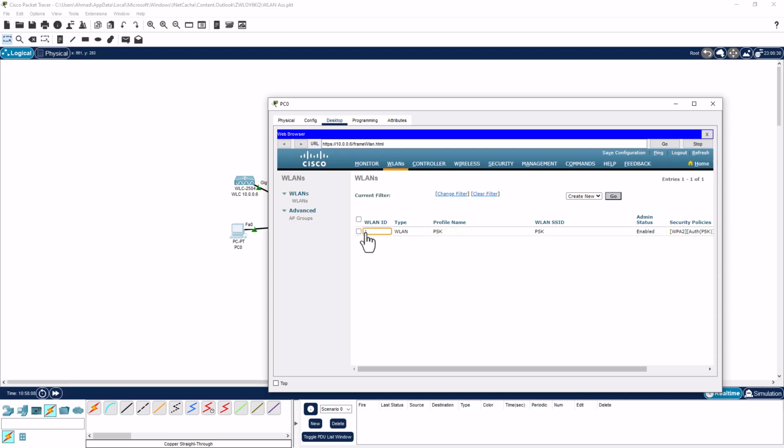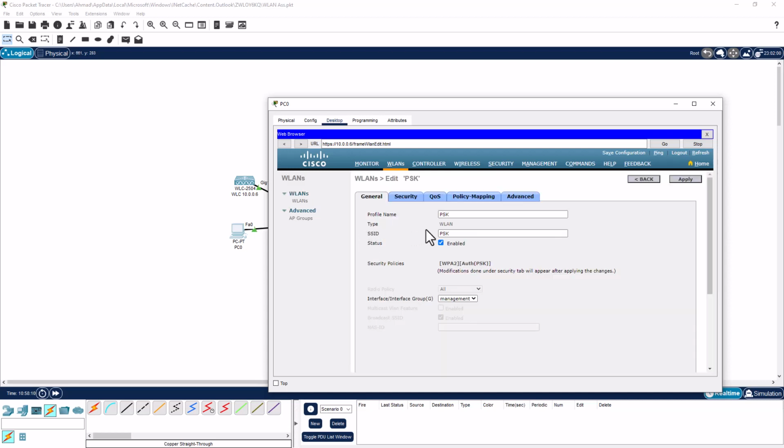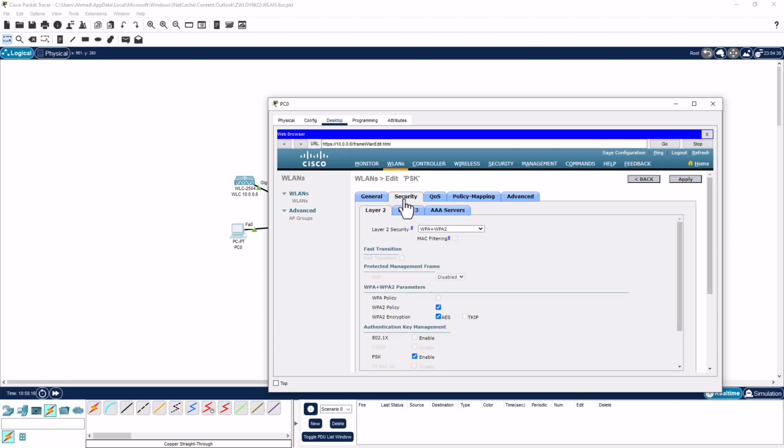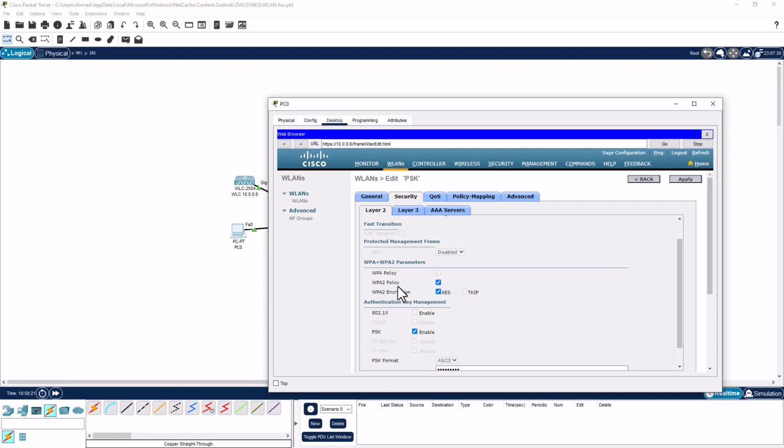If we click on this SSID to see the details, this is the name of the SSID. This is the security, WPA2. It is WPA2 AES. Now, in real life, it is better to go for WPA3. WPA2 is not secure enough these days, mainly pre-shared key, and with the available tools and processors, it is possible to crack the password in reasonable time. So it is better in real life to go for WPA3 and maybe WPA3 Enterprise, but it is just a